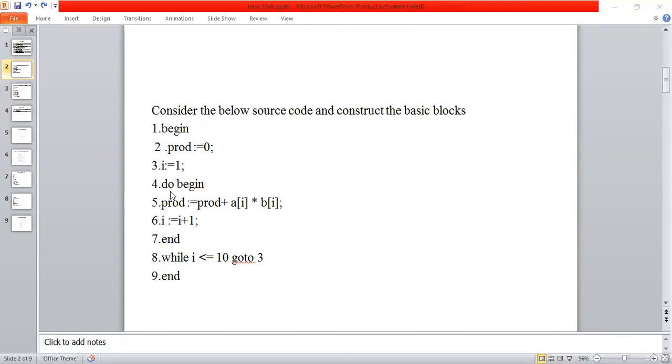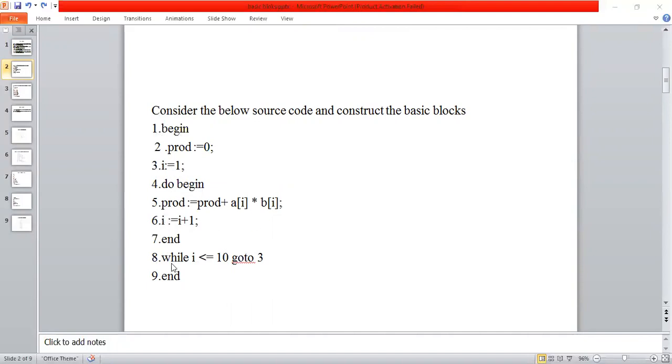Second, for any statement which contains go to, the label 3 is also a leader. First statement is the leader, 3 is the leader, and any statement after this go to statement is also a leader. These are the three rules to identify the leader.